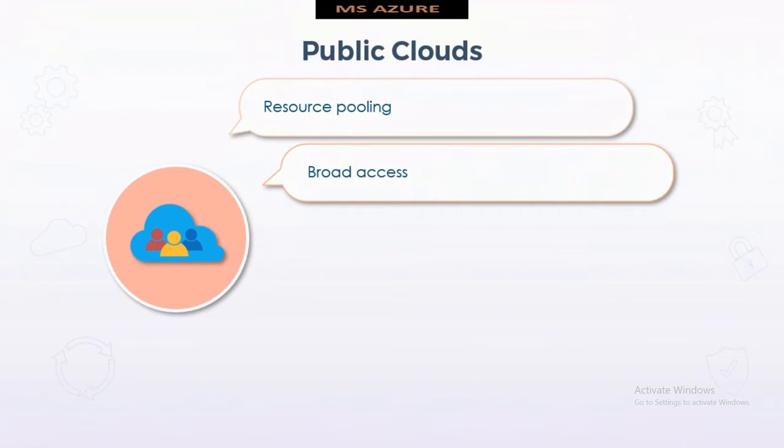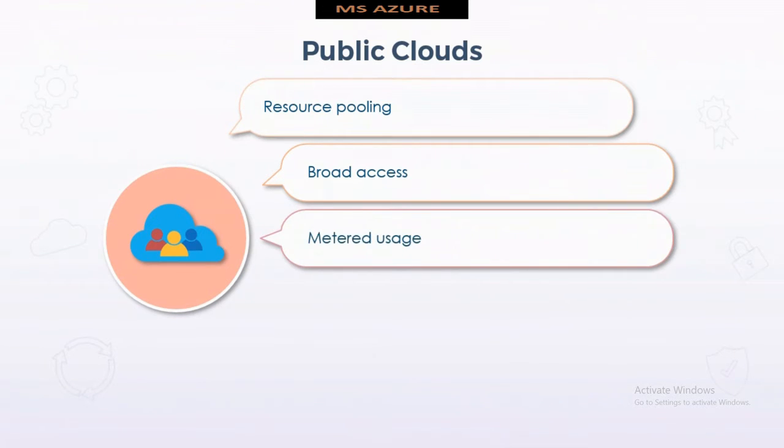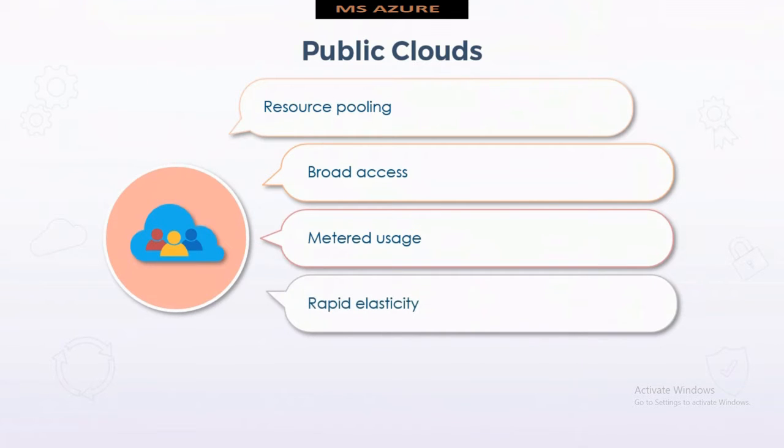Then there's metered usage. You can sign up with a subscription in Microsoft Azure, such as a pay-as-you-go subscription, which means that you pay for the cloud resources that you consume. And so that is tracked. It's metered usage. Rapid elasticity allows cloud customers to provision and also deprovision cloud-based resources like virtual machines, storage accounts,